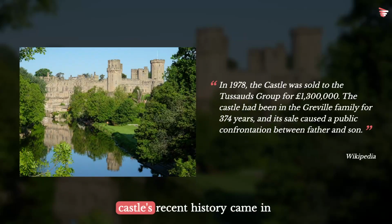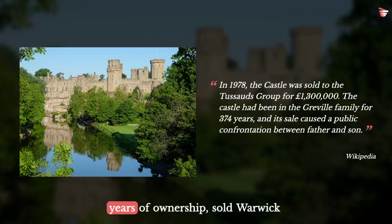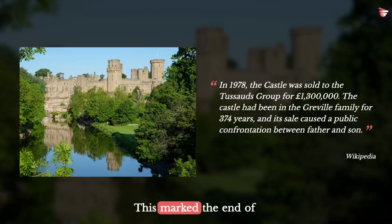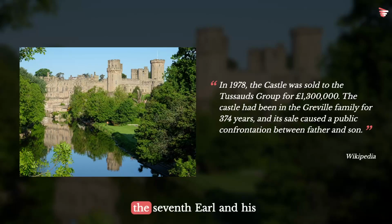A pivotal moment in the castle's recent history came in 1978, when the Greville family, after 374 years of ownership, sold Warwick Castle to the Tussauds Group. This marked the end of the castle's life as a private residence and the beginning of its current incarnation as a major tourist attraction. The sale was not without controversy, causing a public confrontation between the 7th Earl and his